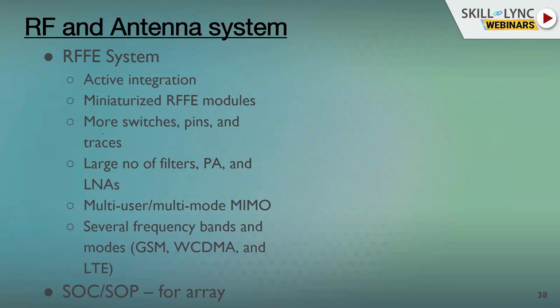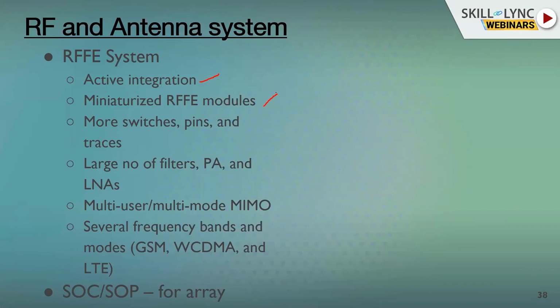Another is that we are going to use massive MIMO arrays and many MIMO antennas. So now we can't design the antenna and the other RF modules separately. We have to integrate the antenna module, RF front-end modules, and so on. In order to have an optimal design, active integration is a challenge because you have to simultaneously optimize the power amplifier performance, the mixer performance, and the antenna performance. So it is quite difficult.